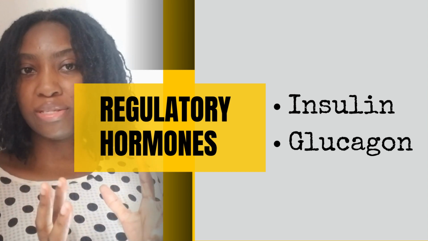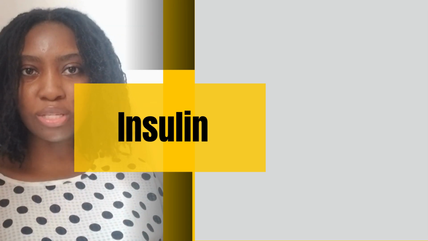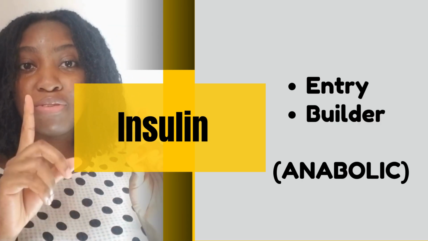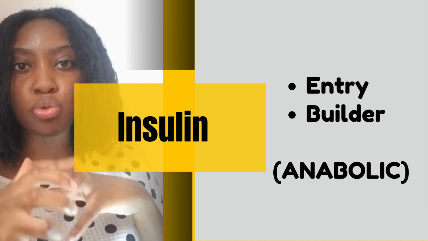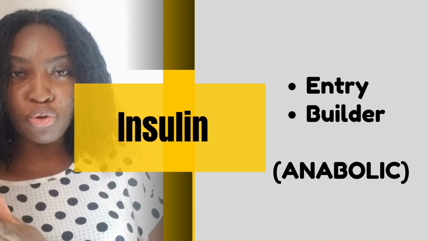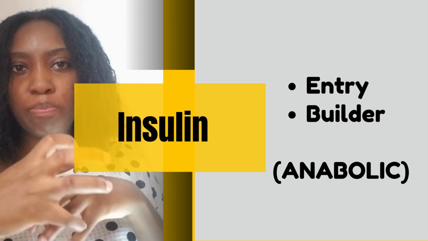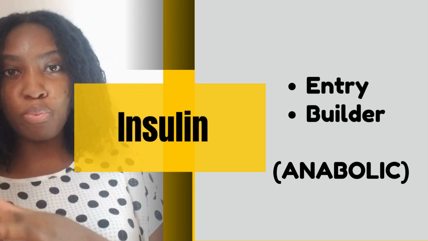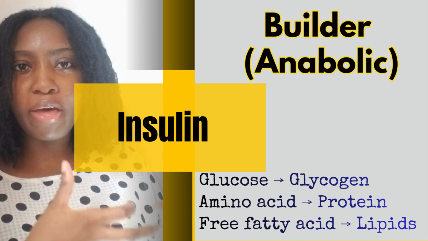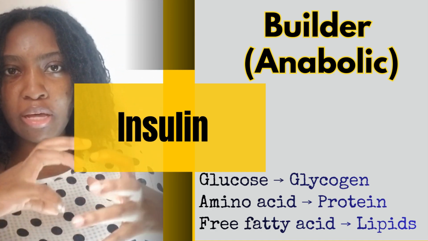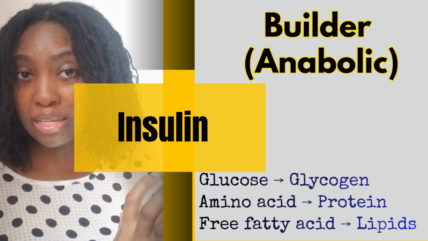Now, insulin is not just an entry hormone. Insulin is also a builder hormone because insulin will facilitate the entry, after which these simple substances are now built into complex forms which can be stored. So from an amino acid, it gets built up into a complex form called protein and stored. From free fatty acids, you have a build-up, a complex synthesis that occurs, and then